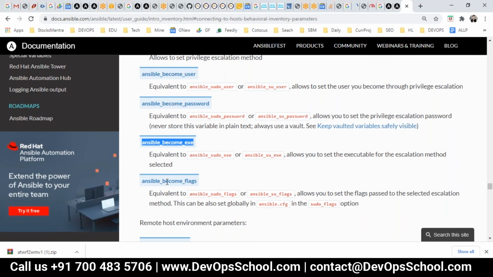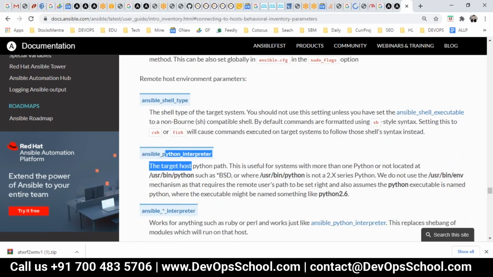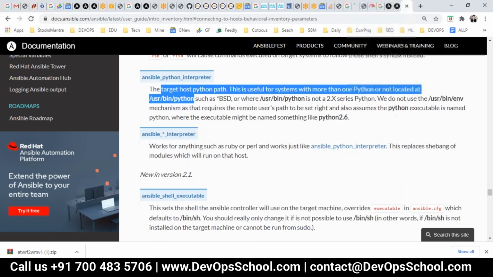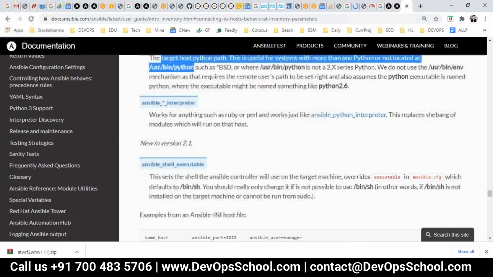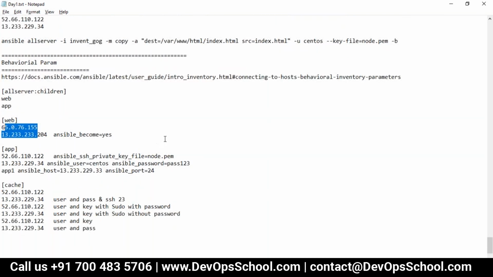Executable in a different location, become, and shell type: csh, fish, bash, this, that, and all. Python interpreter in a different location. So guys, anything you can set up using the behavioral parameter. If you think the behaviors of this machine and this machine are different, no problem: behavioral parameter.